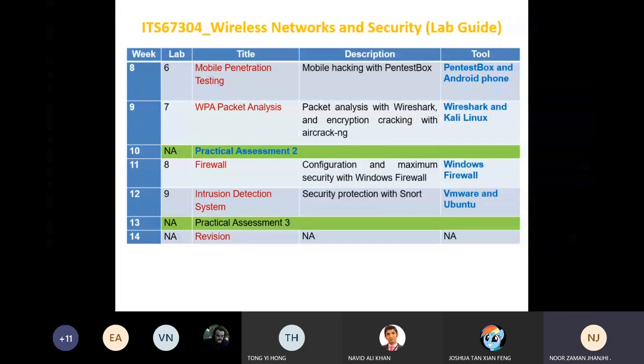We'll see how one can hack the Android phone and how one can get information about the Android phone. This will be different from the previous lab, because in the previous lab we were using computers. This is the continuation of the previous lab: there we were doing penetration testing for computers, and here we are doing the same thing for Android and mobile phones, for your proof of concept.